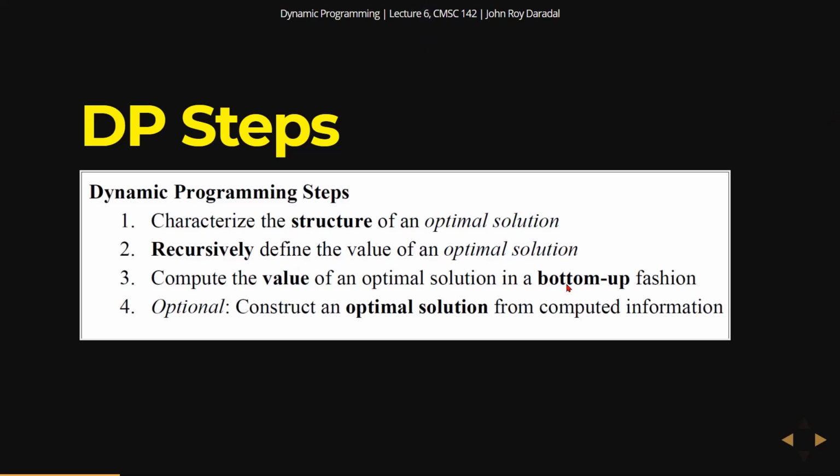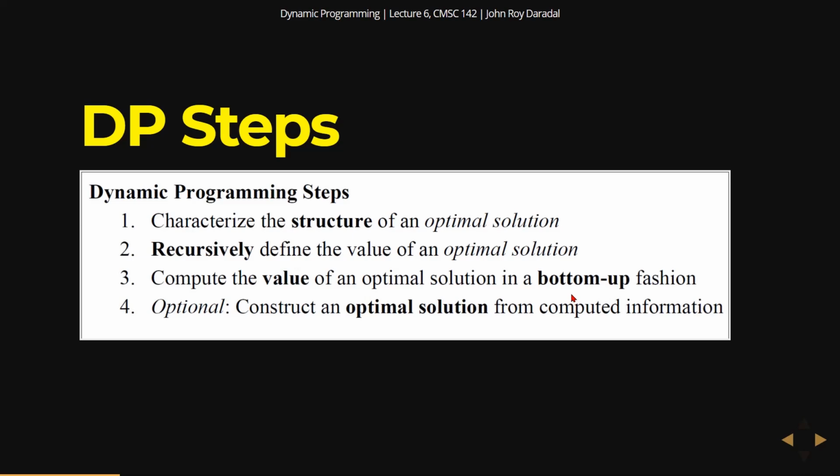So this part is the easy part. The first 2 parts are the most challenging ones. So how do you express the optimal solution in terms of smaller subproblems? That's the real challenge in dynamic programming. But once you've established that, computing the value in the bottom-up fashion is just pretty straightforward, because you'll just be